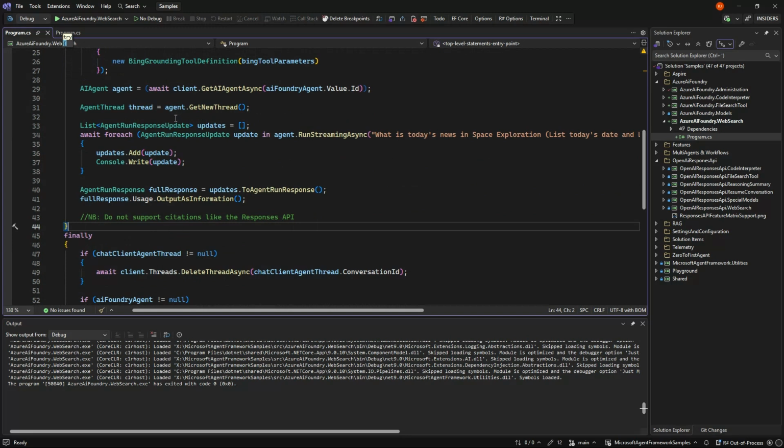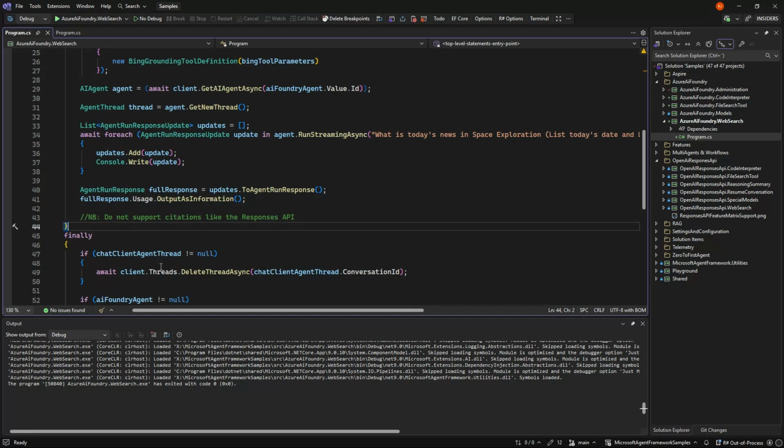One other thing is that in web search for the Responses API, it can give citations back, meaning it can tell this story came from this URL, this story came from this URL. It doesn't seem like AI Foundry supports that, unfortunately. So if we look through our response, there are no citations.